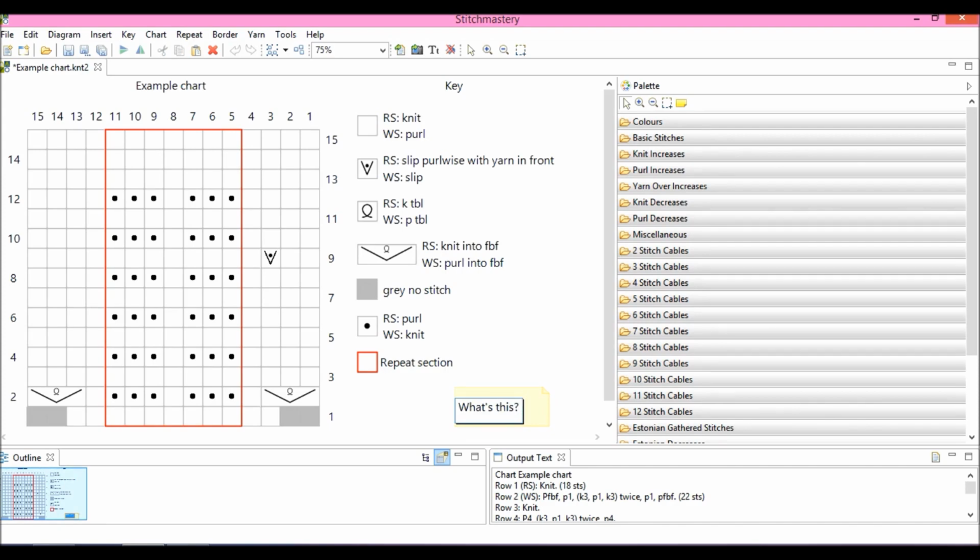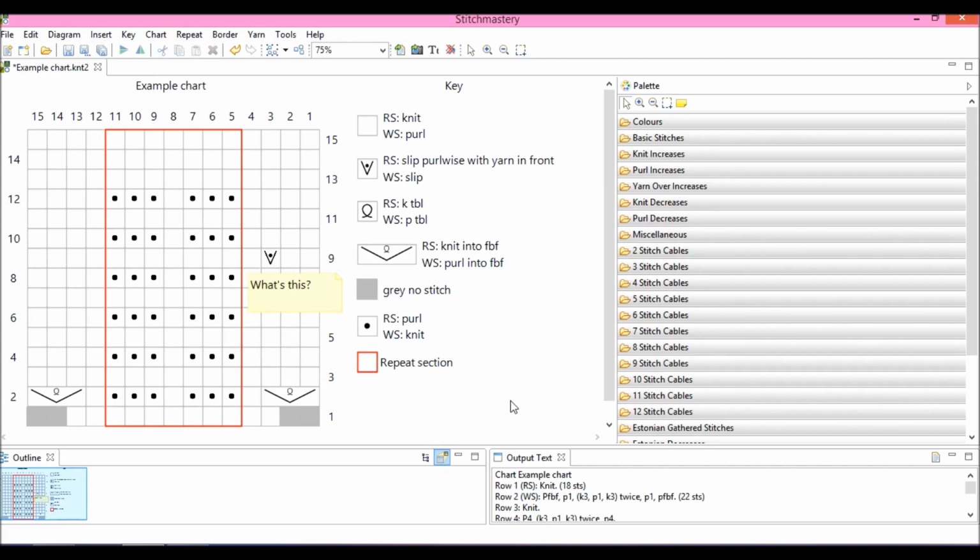Much like the key entries, if you want to go onto 2 separate lines within your note, press Control, hold Control and then click enter, and that will bring you into a second line. And we can then move the note to wherever suits, so you can just click and drag, and as you see, I can now actually put the note over my chart.